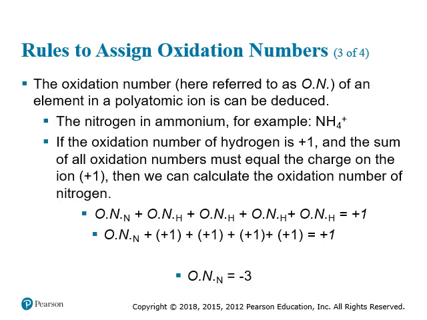So let's refer to the oxidation number in a polyatomic ion. The oxidation number, which from here on I'm going to refer to as ON, a stylized, italicized ON, can be deduced. So let's take a look at nitrogen. There's no rule specifically speaking to nitrogen. All right. So if we have nitrogen in the ammonium cation, which has a formula of NH4+, the rule from the previous slide suggests